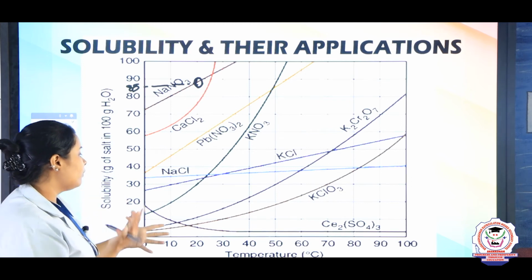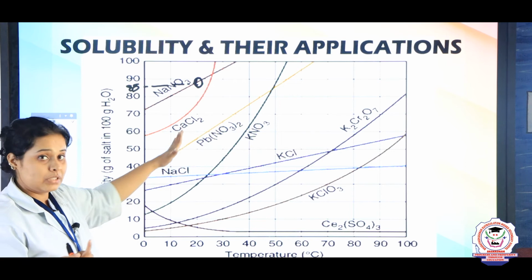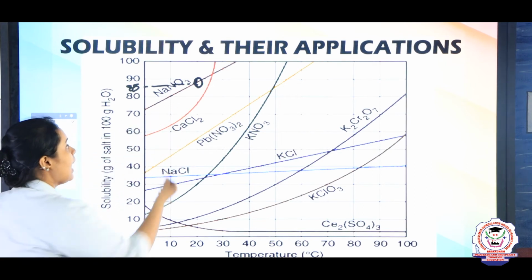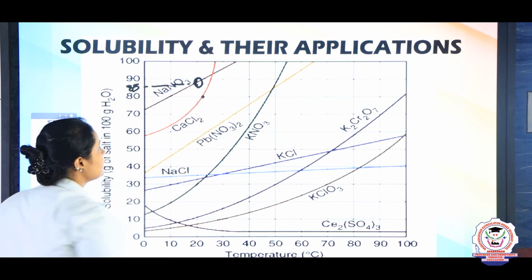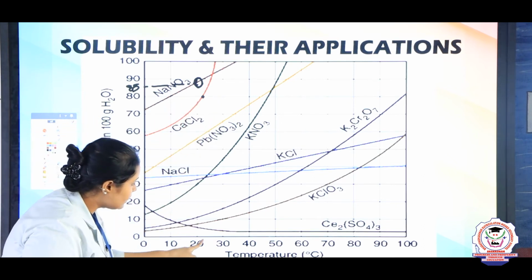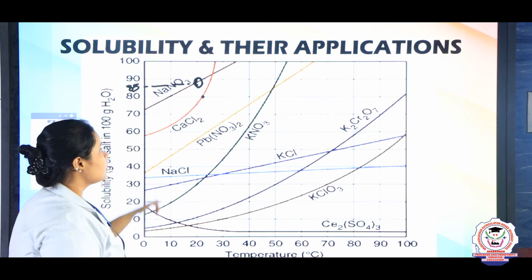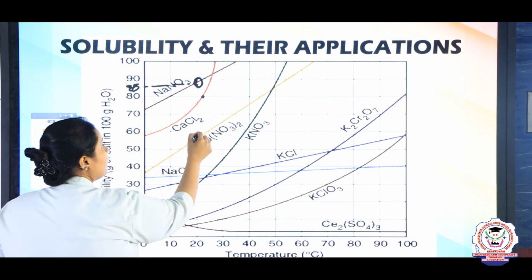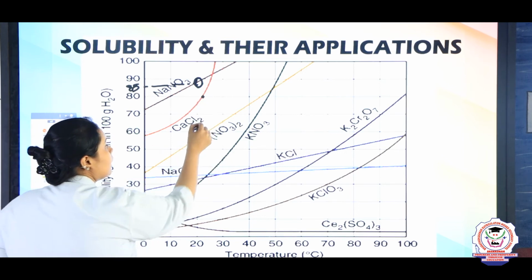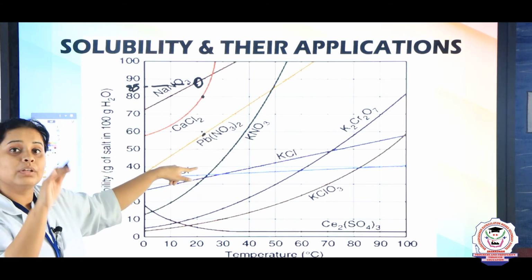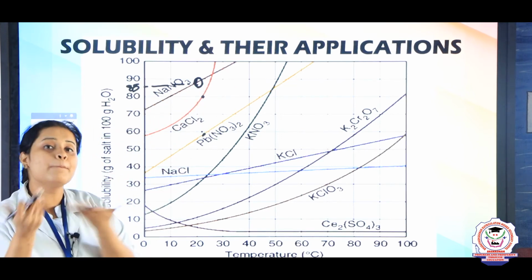For example, if I need to compare between CaCl2, which is calcium chloride, at the temperature of this, what is this temperature? You can just go down and see it is 22 degrees Celsius. So at 22 degrees Celsius of calcium chloride and 22 degrees Celsius of lead nitrate, you can compare. The solubility of lead nitrate will be less and CaCl2 will be higher. So this way you are comparing.